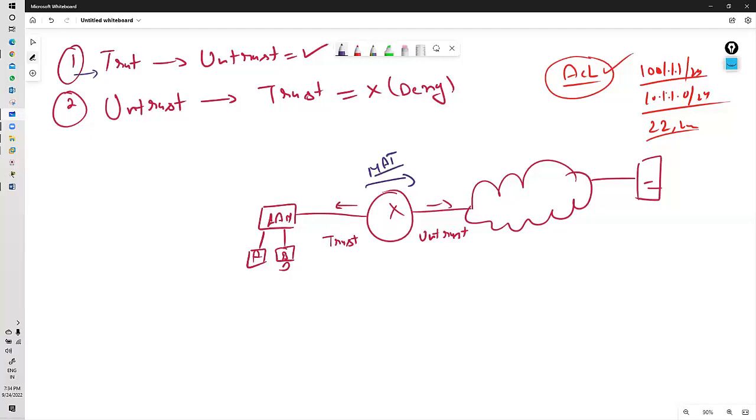Router. Okay, now after configuring NAT, these users would be able to connect with the internet, correct? Yes. Now I'm done with my first condition. Second condition is untrust to trust. Okay, now untrust to trust, I want to block traffic from